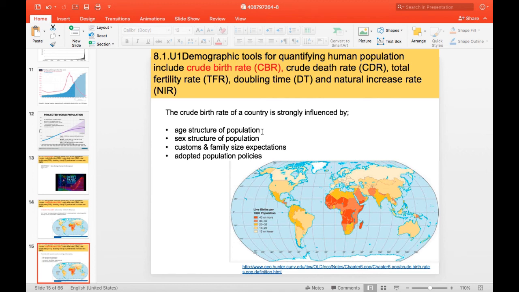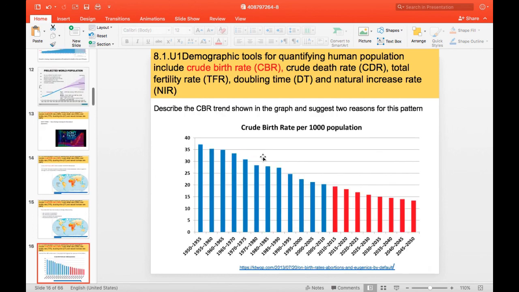so depending on the age of the people. Sex structure of the population depends on whether we have more female or male groups. Customs and family size expectations. Adopted population policies, like in China, you know the policy that they have in China. In previous years it was just 1 kid per family. Now they can have 2 or more if they pay taxes. So, what are we going to